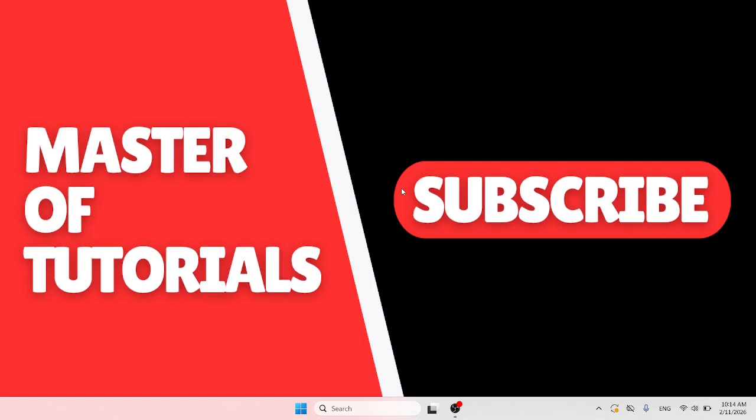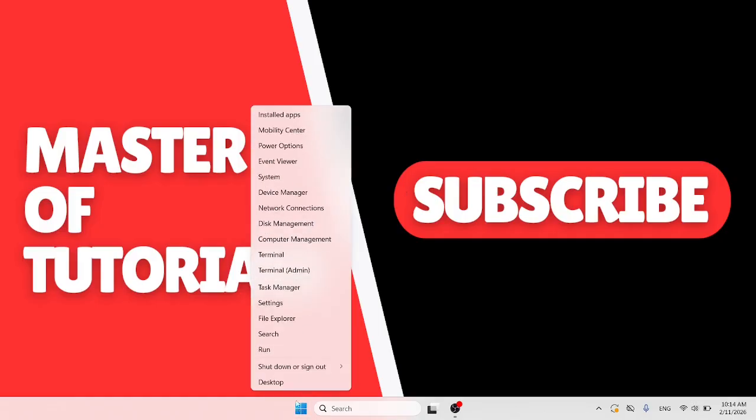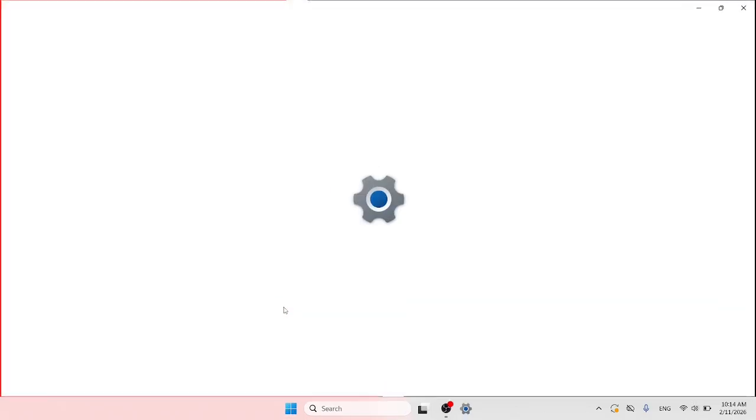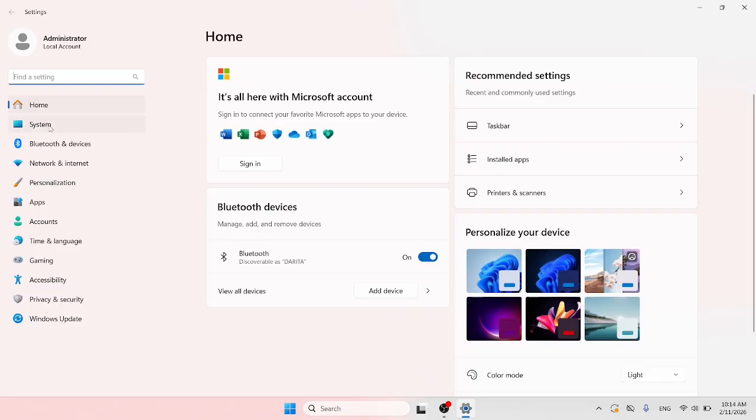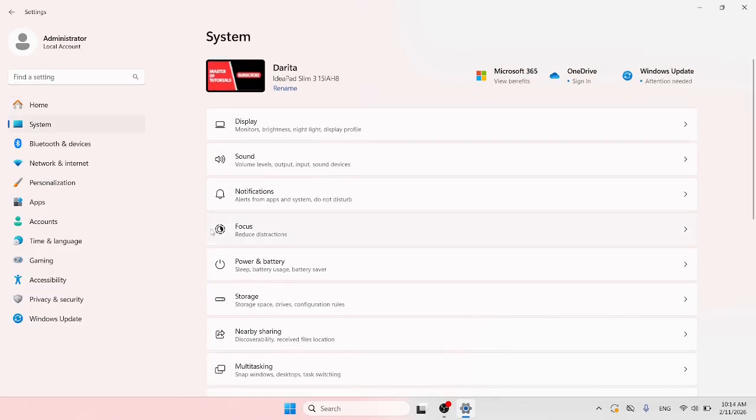If you have a lot of work and you want to focus on your tasks, I recommend you enable focus mode. In this tutorial, I'm going to show you how to enable this mode in Windows 11. So first, we need to right-click on the Start icon, and after that we need to go to Settings. Then we need to go to System settings, and here we need to open Focus, reduce distractions